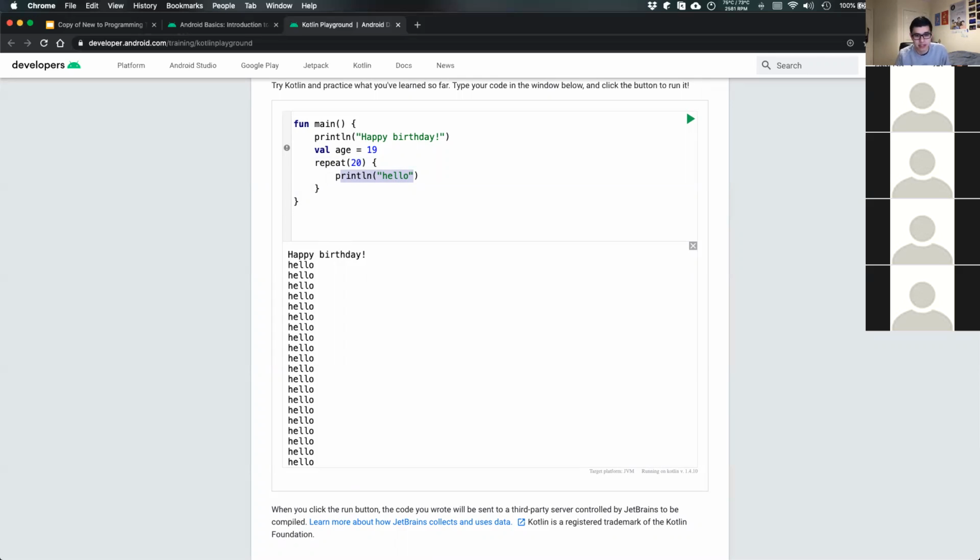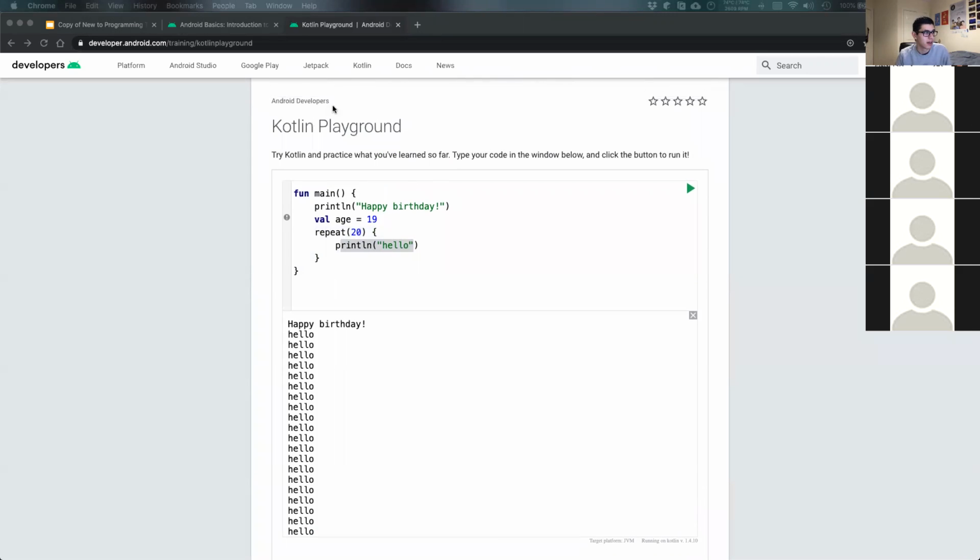You could obviously nest repeat statements as well. They're just for loops or some sort of loop under the scenes. Okay, so that's creating a message in Kotlin. If anyone's got any questions about how you would do something in Kotlin, just stick them in the chat quickly. Otherwise, I'll assume not, and I think we can then move on to actually running some code in Android